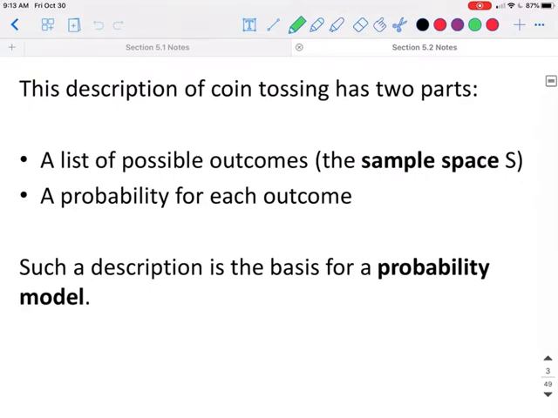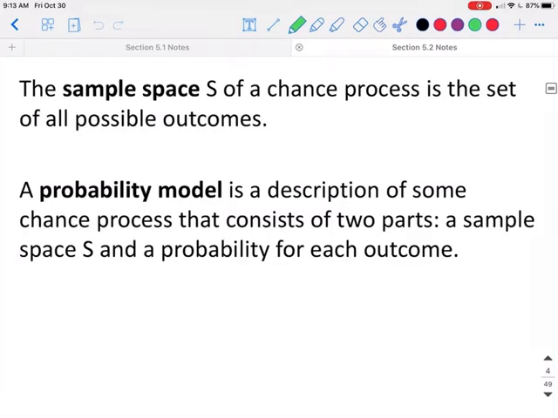This description of our coin tossing has two parts. First, it has a list of possible outcomes, or the sample space S, and a probability for each outcome. Such a description is the basis for a probability model. The sample space S of any chance process is the set of all possible outcomes. A probability model is a description of some chance process that consists of two parts, a sample space and the